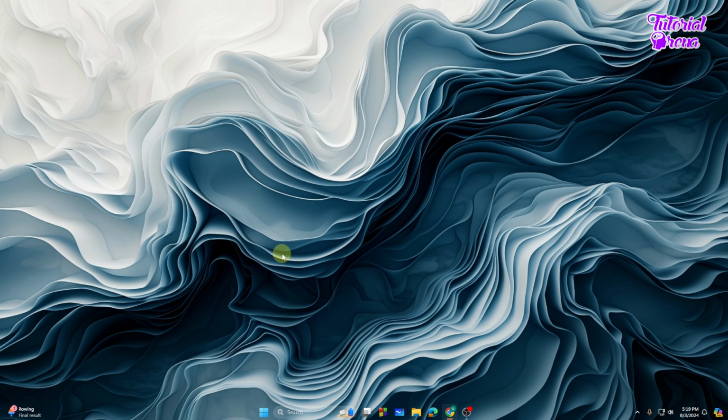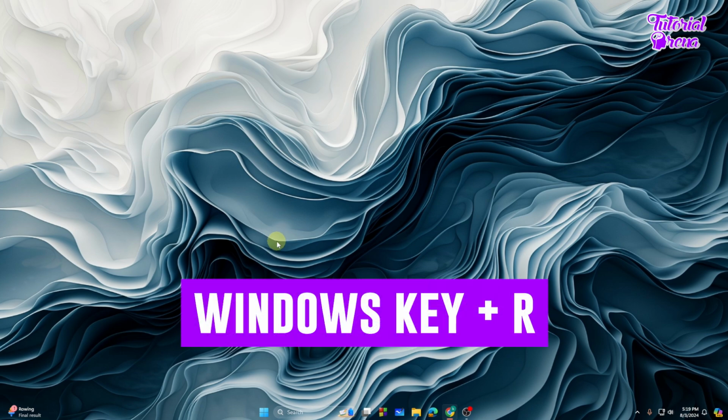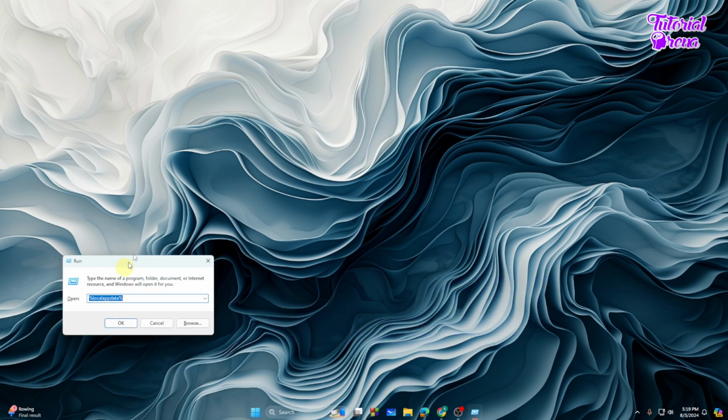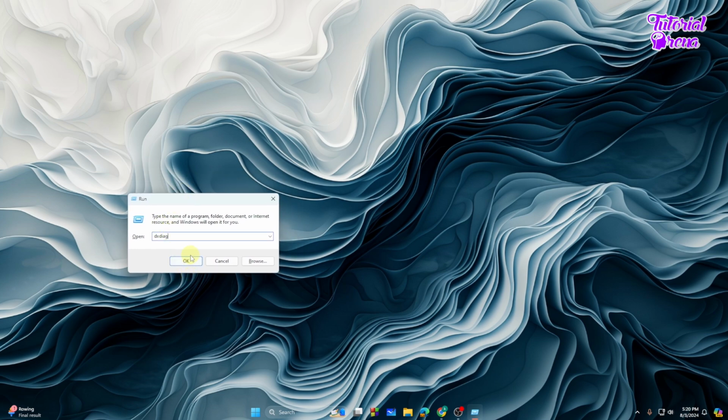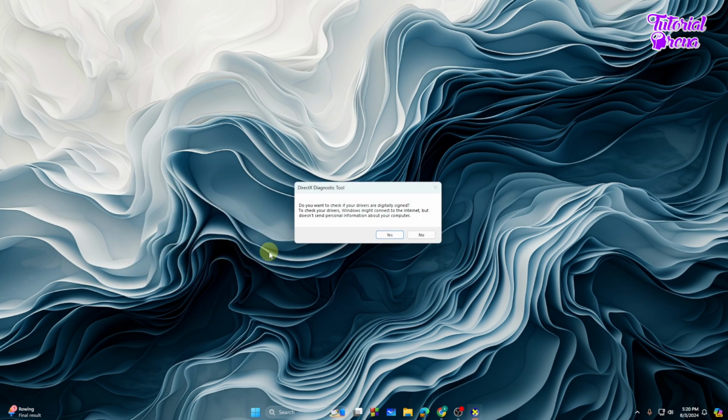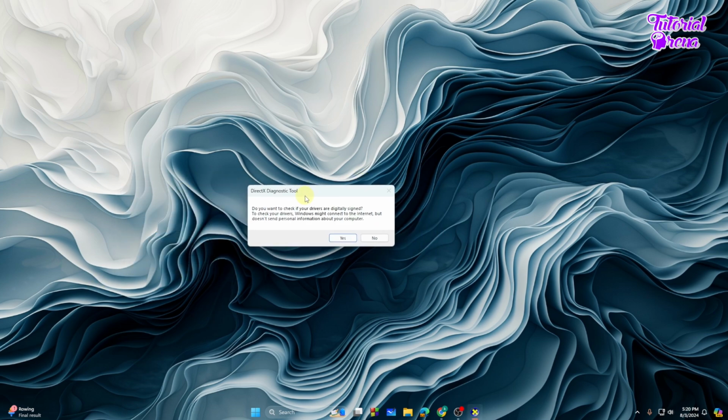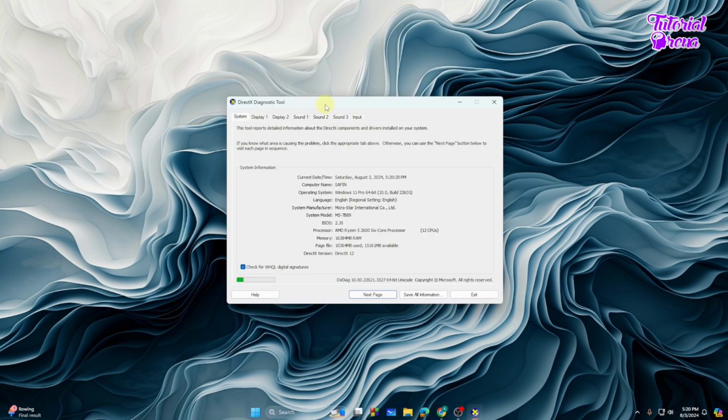So let's get started. First of all, what you need to do is press Windows key plus R. Then you need to type in DXDIAG. After typing that in the Run command, click OK. After that it will show up like that and you need to select the Yes option, and now it will load